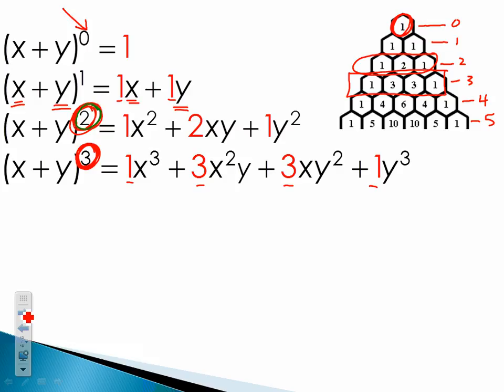Okay? That's because my exponent is 3. Now, x on the left. So I'm going to start with x to the third. Remember, it's like a countdown. x3, x2, x1,